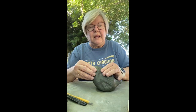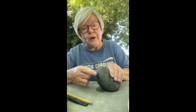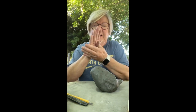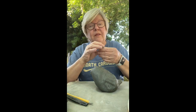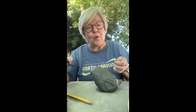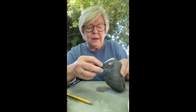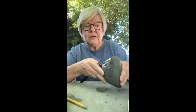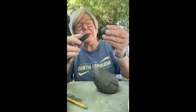All right. Now, I want to put a beak on him. He has a pointy nose, but I want to make a nice beak. In fact, I want to make his mouth open. So I'm going to take a ball of clay like this. And the really important thing about attaching pieces to the clay is to score and slip. And to score and slip means that you make scratches in the clay like this. Can you see how I made scratches in that clay? And then I'm going to make scratches on the piece of clay that I have,